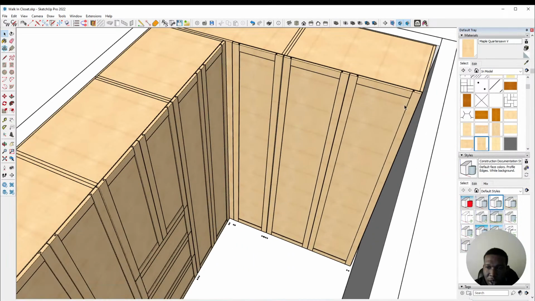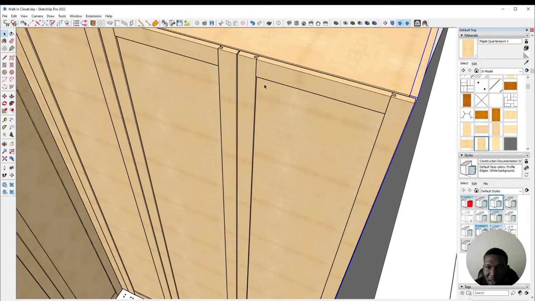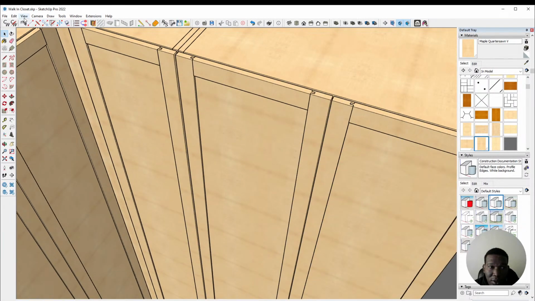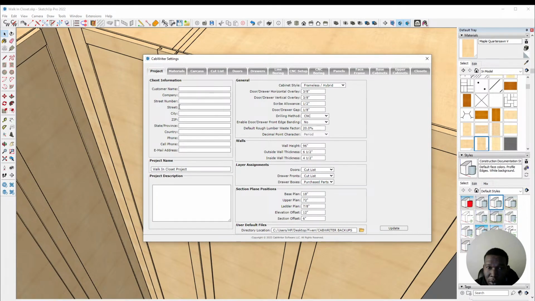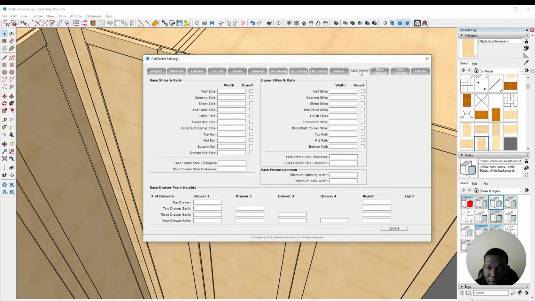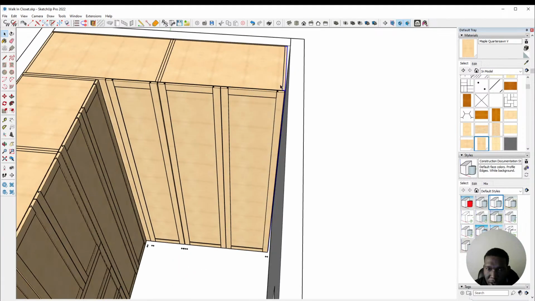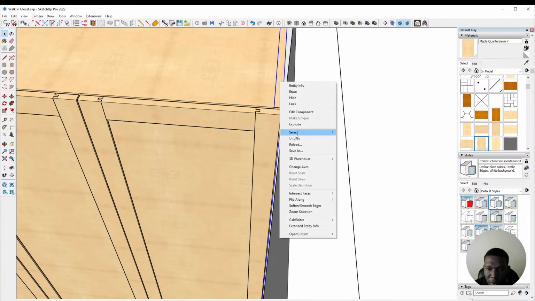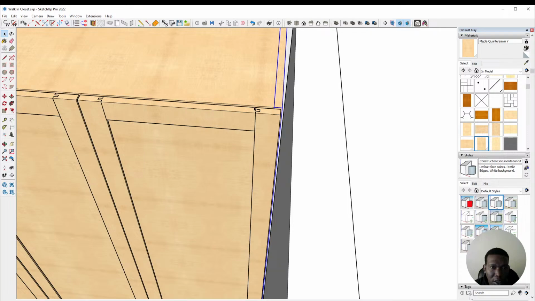On this space which I left here, if you want, you can add an end panel. So that is simple. You just go to Cabwriter and then face frames, and then finish style. You can just say yes, or maybe connector. I don't know which one it is, but I think it's one of those. And just put it 1 inch, mount it. Okay, if you want that filler, just come there and then select that cabinet, then displaced end